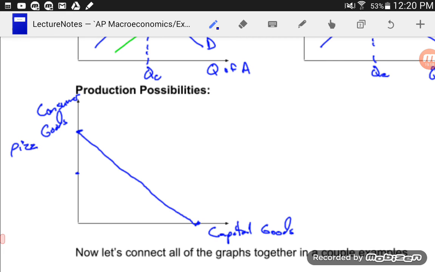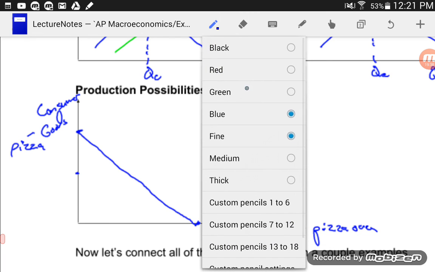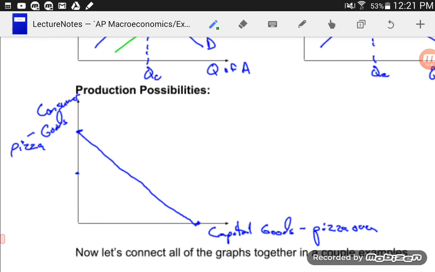This would be the pizza. Pizza oven. Capital goods are like that. Consumer goods are like the pizza. If I can just as easily produce pizza as producing pizza ovens, then we're going to get a straight line production possibilities curve. More realistically, we're probably going to see